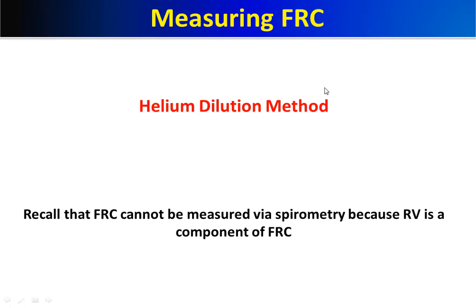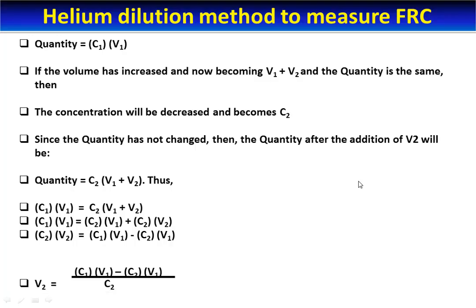Now, since we cannot measure the functional residual capacity using the spirometer, we need to use another way for measuring it, and the method which we use is known as the helium dilution method. For the helium dilution method, we use the concept that